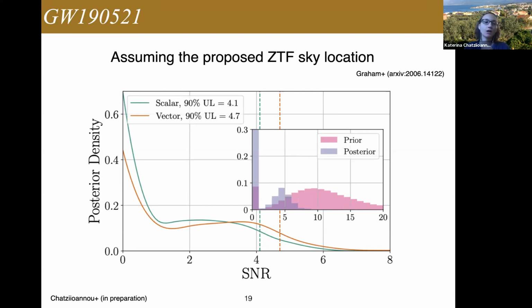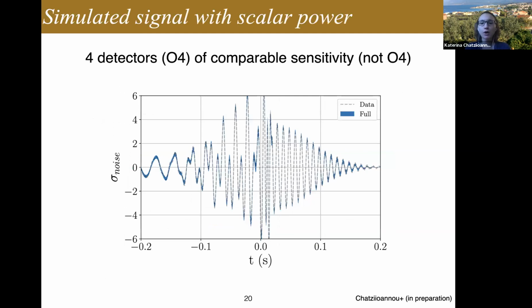Going one step further, we have not seen a deviation, but that doesn't stop us from exploring what happens if we see a deviation. Here's a quite egregious deviation from GR, simulated, nobody panic. But here's a simulated signal that has, you can sort of see that it looks,